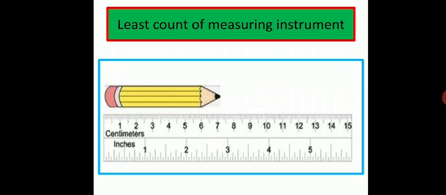So here, when we place the rod at the 2 centimeter mark, you will notice the other end of the rod is not lying exactly on any of these readings. That means the other end of the rod may not exactly lie on the 7 centimeter, 6 centimeter or 8 centimeter. Here also the pencil is not exactly lying on the 7 centimeter or 6 centimeter, right? It is in between 7 and 8,